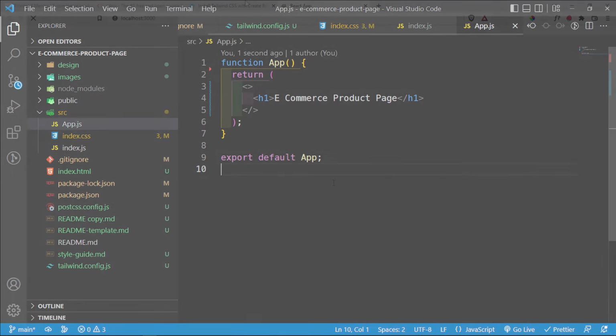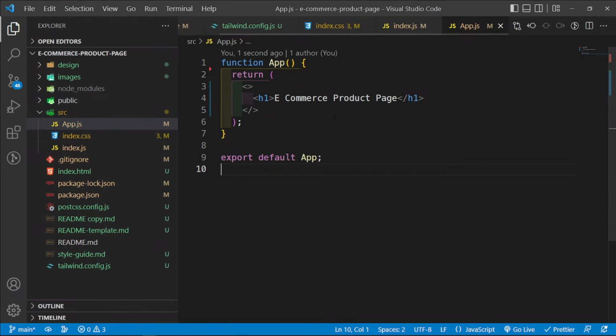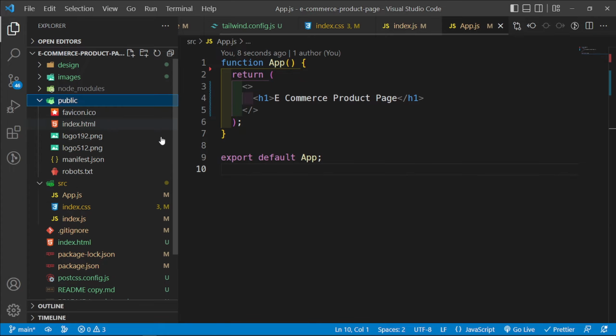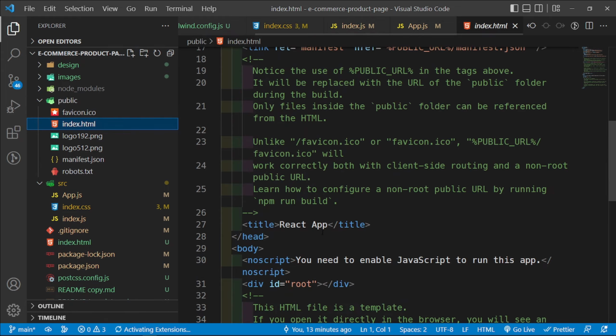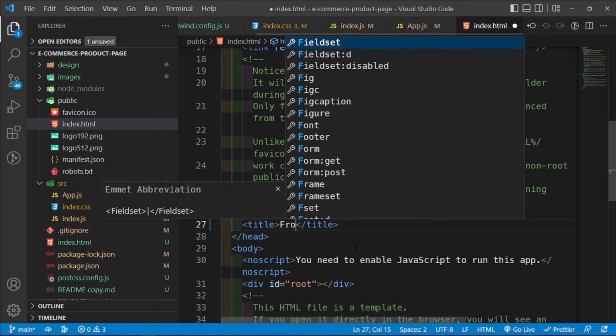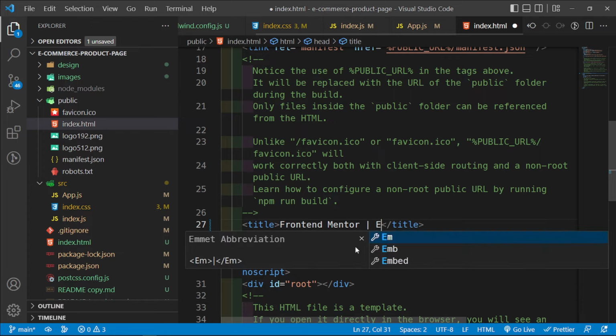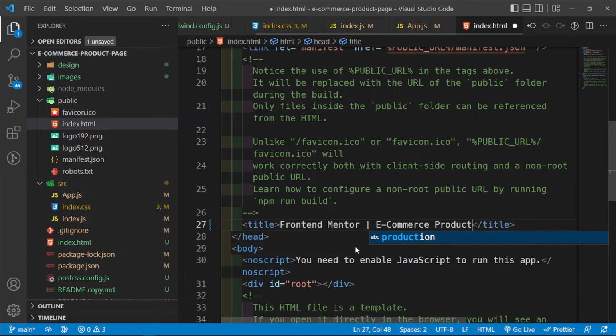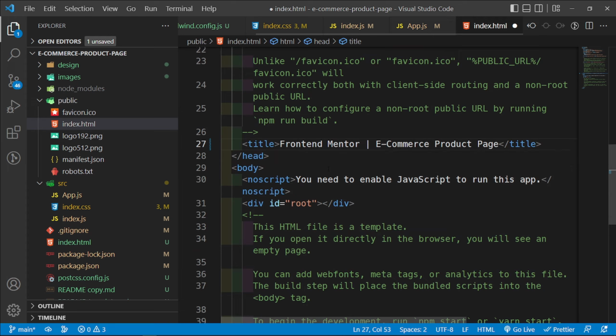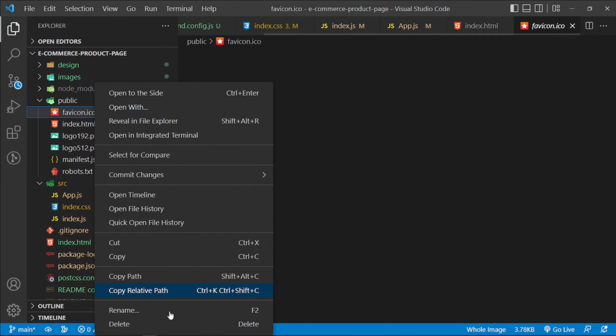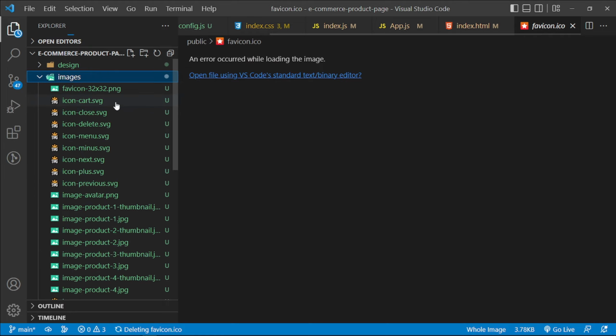There we go. So our application is now here, and let's go ahead and change this title. Let's change the title here to say Frontend Mentor e-commerce product page. Save it, and then now let's delete this favicon from here so that we can replace it with the favicon